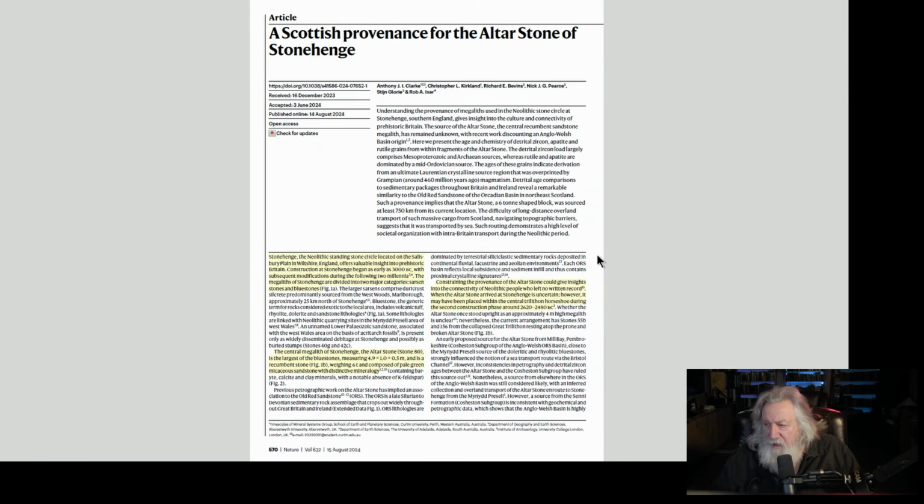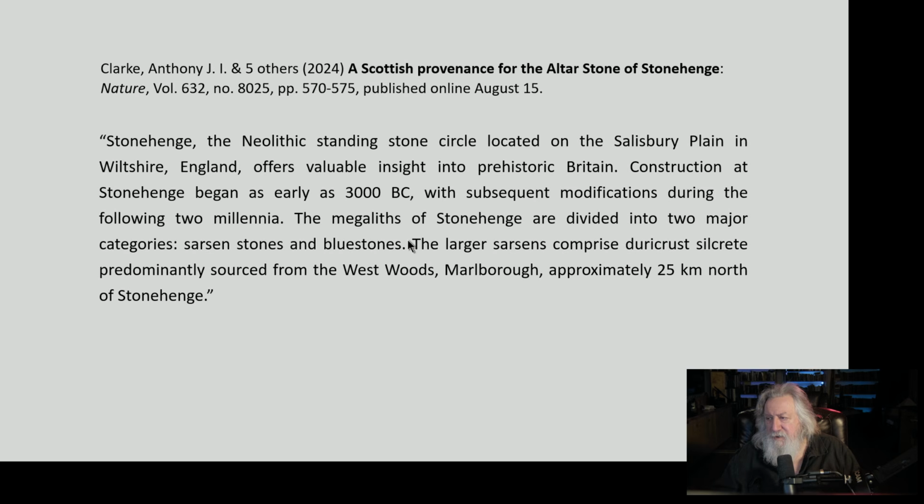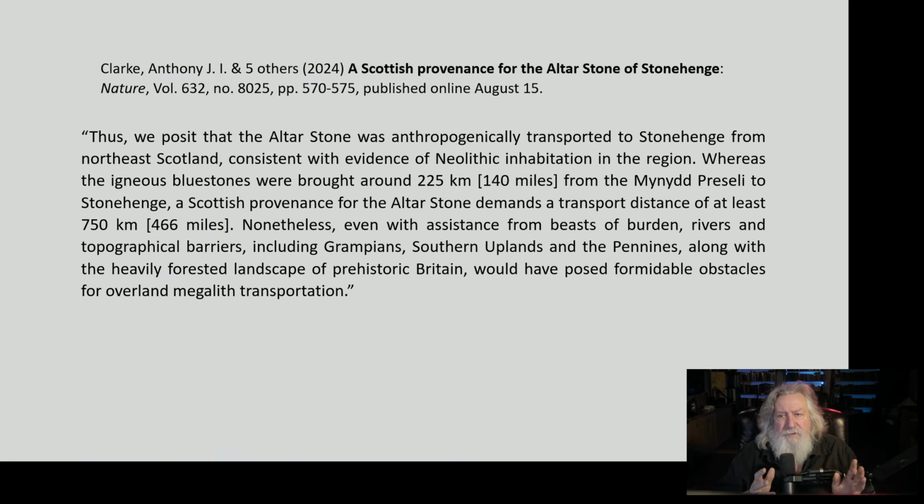So what they realized was that the altar stone didn't match the type of stones that were quarried in Wales that were then utilized as the blue stones. So where did it come from? That becomes the mystery. What they realized was that they took the rock database. There's a rock database that exists that's been compiled for decades and decades. And what it does is if you've got a rock and you're trying to figure out where it came from, this database